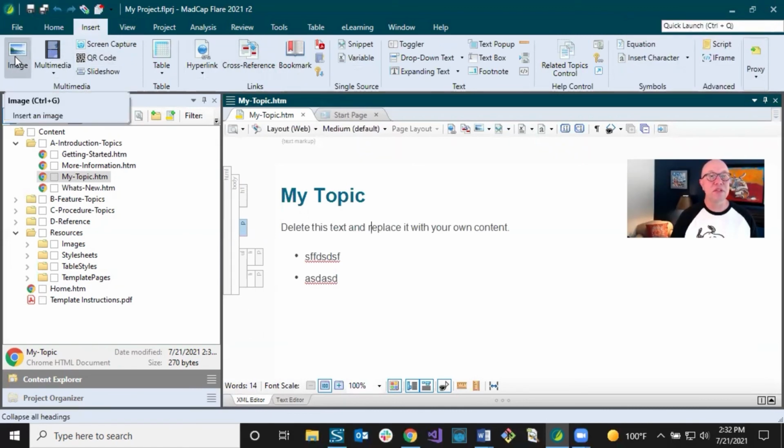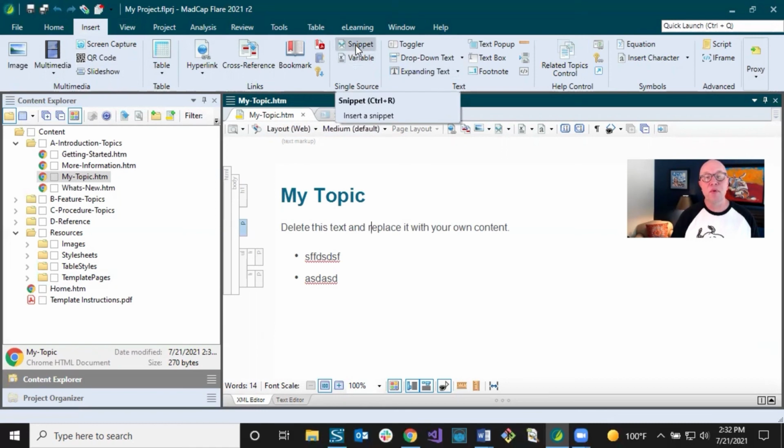The images, yeah, you're going to be doing that, but maybe you're not going to be doing slideshows at all, or not that often. But tables, yeah, I'm going to be adding tables. Cross-references, got to link between things, or hyperlinks. Maybe I'm going to link to an external website or something. Snippets are really important. Variables are important. So you just kind of learn about these different features and how to add them into your content files, into